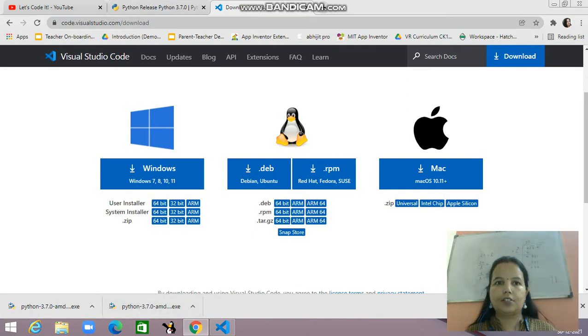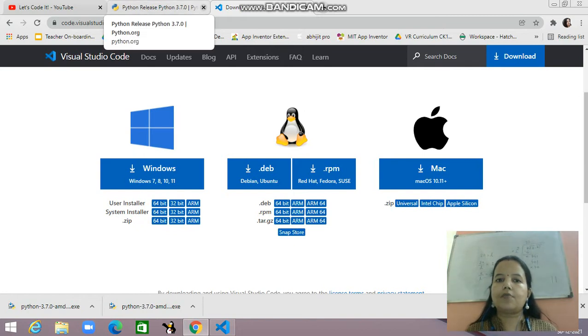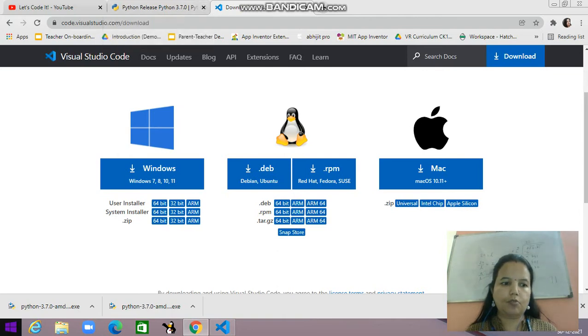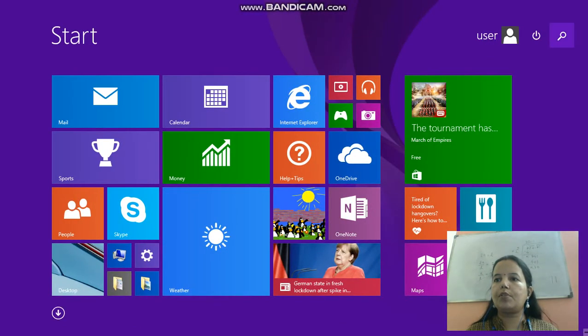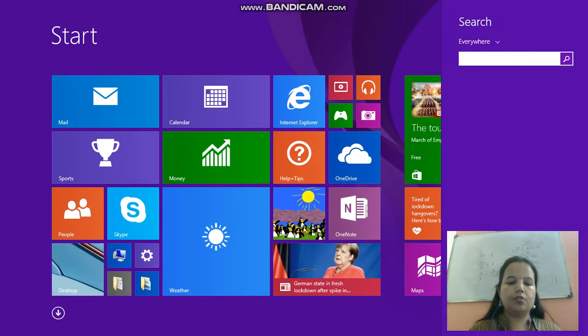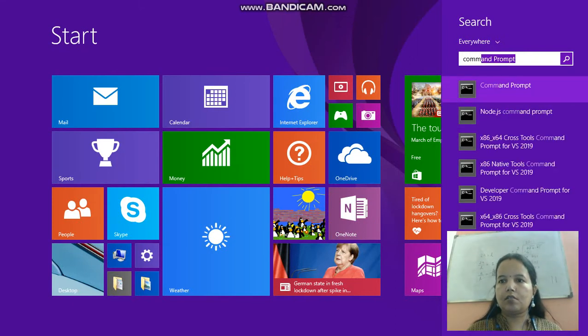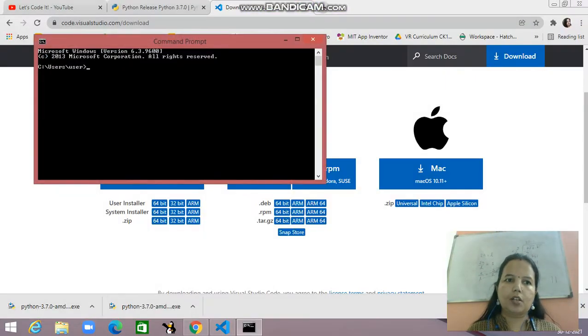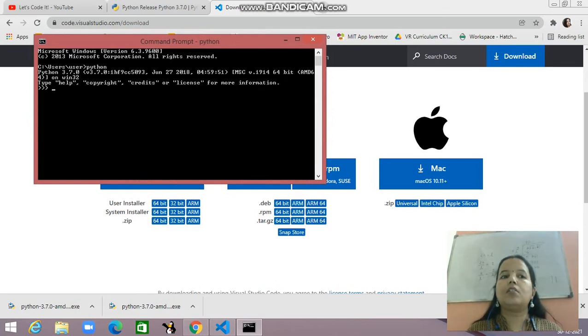Now the next part. How can we check that Python is properly downloaded on our system? You just have to open the command prompt. When you open the command prompt, you write python. It will show you this.